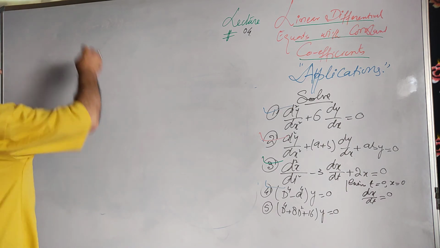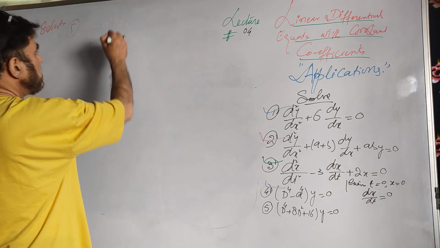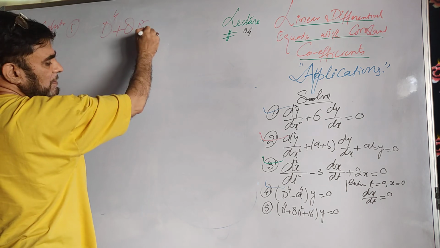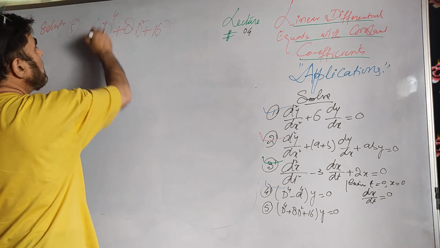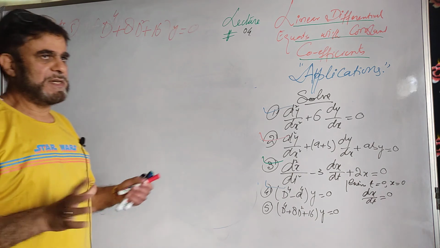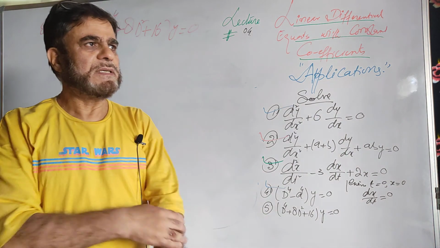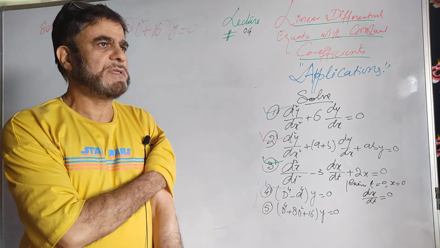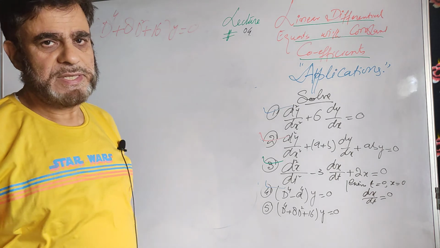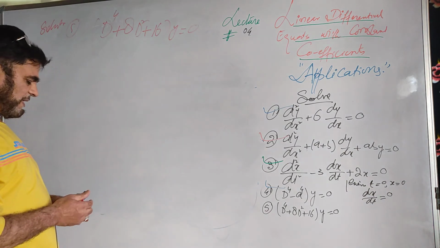Well, we have the solution to problem number 5. It is D^4 + 8D^2 + 16 y = 0. This is also in symbolic representation, because sometimes the equation is given in symbolic representation, but the book publisher should mention that D stands for d/dx, sometimes it is d/dt. So we take here D as d/dx.